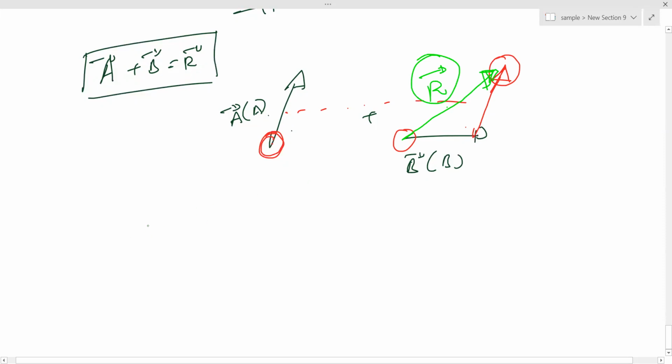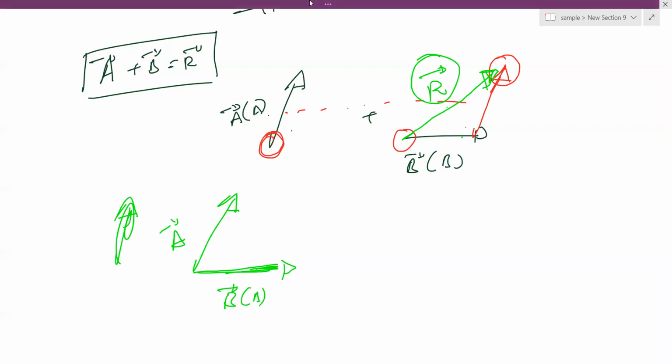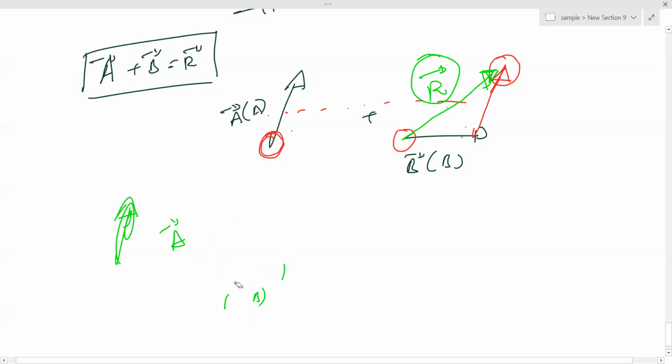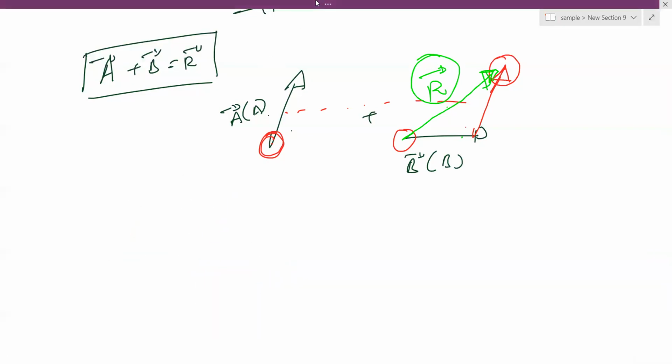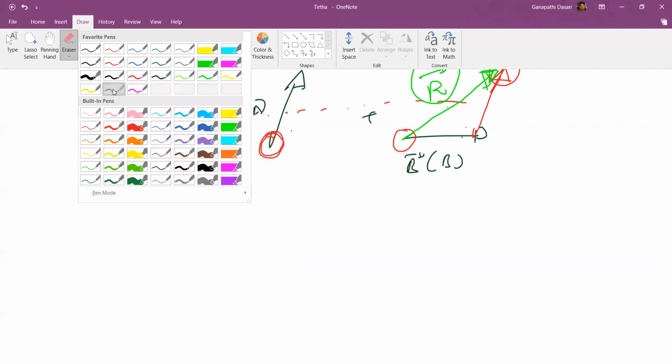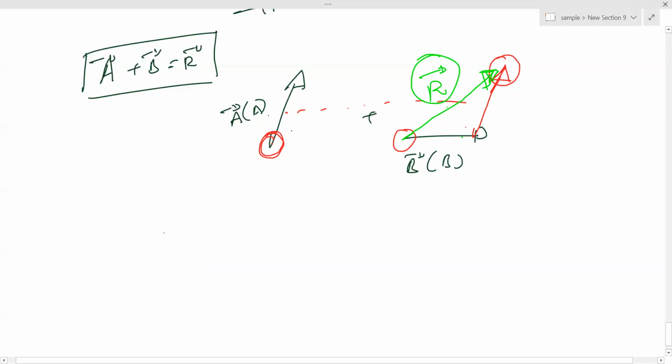Suppose this is A vector, like this. B vector I am shifting parallelly like this. Both of them also you can shift. Did I shift parallelly or not? Slowly, every point I induce in your mind, so you should be able to remember and utilize in the problems. Then automatically you will become perfect.